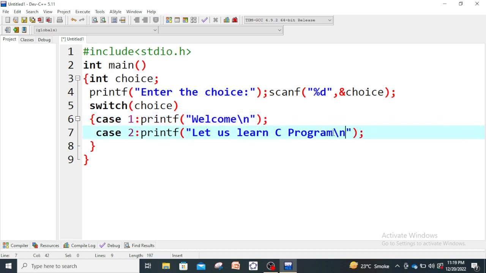So let us take one more, case 3. You may take any number of cases, and here 3,